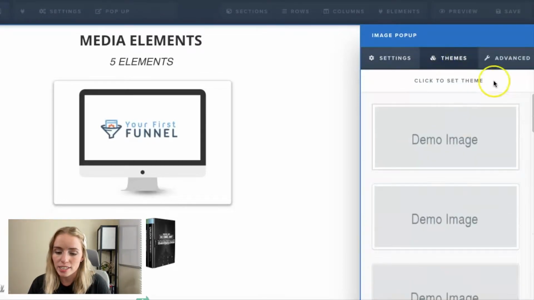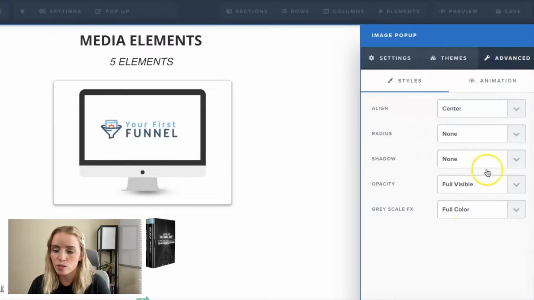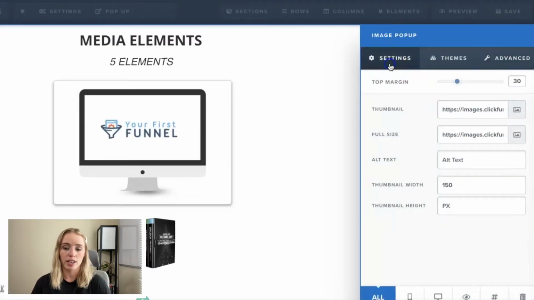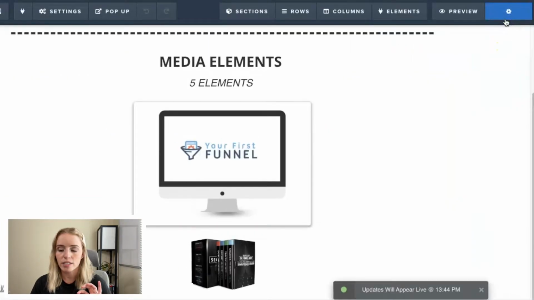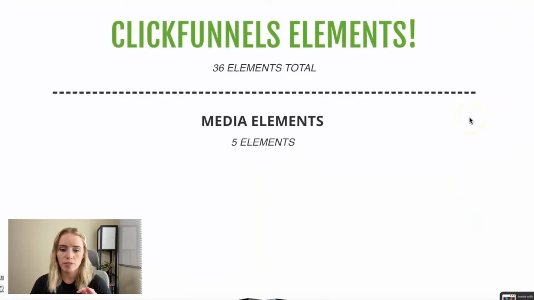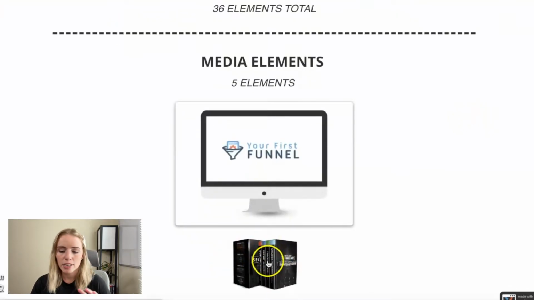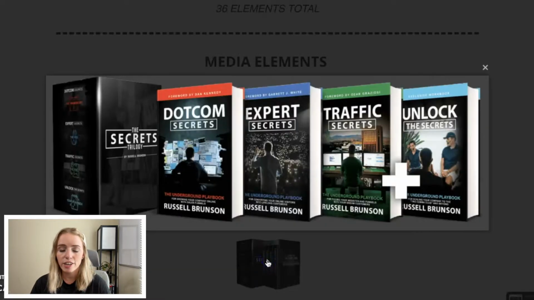Themes, we can add this theme for the thumbnail. Advanced, we've got all the same things. So align, radius, shadow, all those things. That's all going to be for the thumbnail, okay? So you're not going to actually be able to do this for the full size image. So if we save this, let's go into preview. So, oh, we have this image here and I can click on it and boom, it pulls up our full